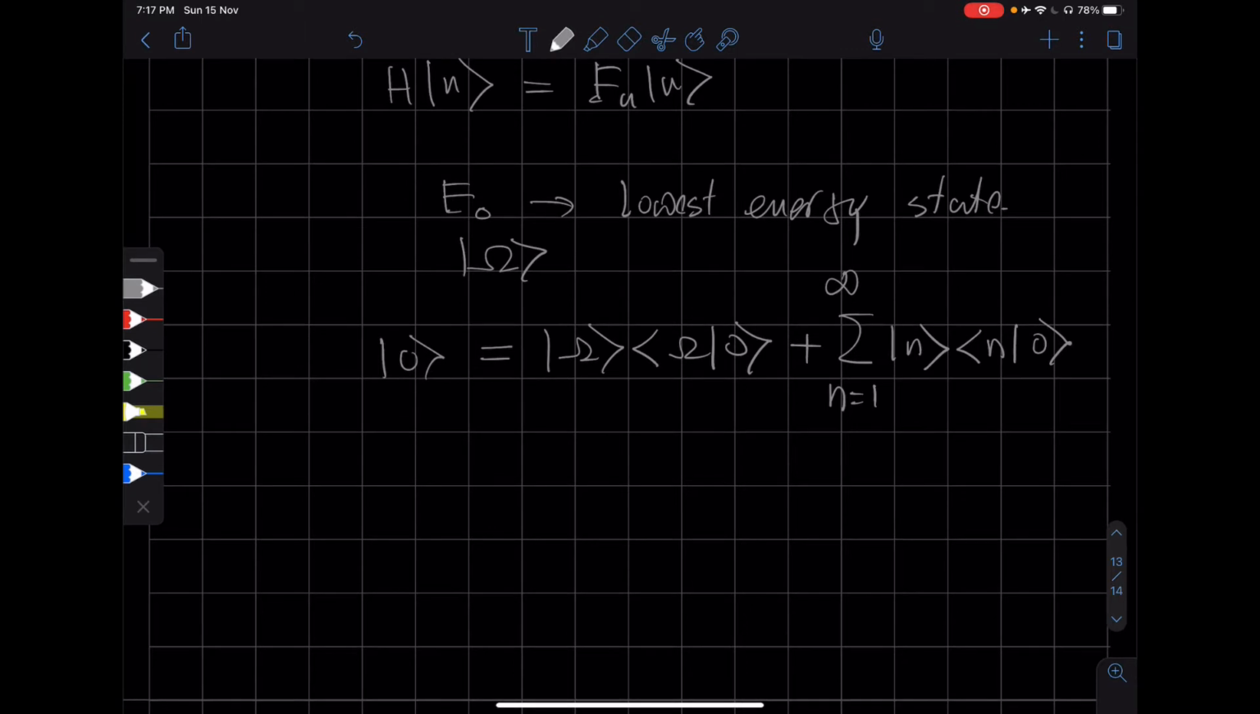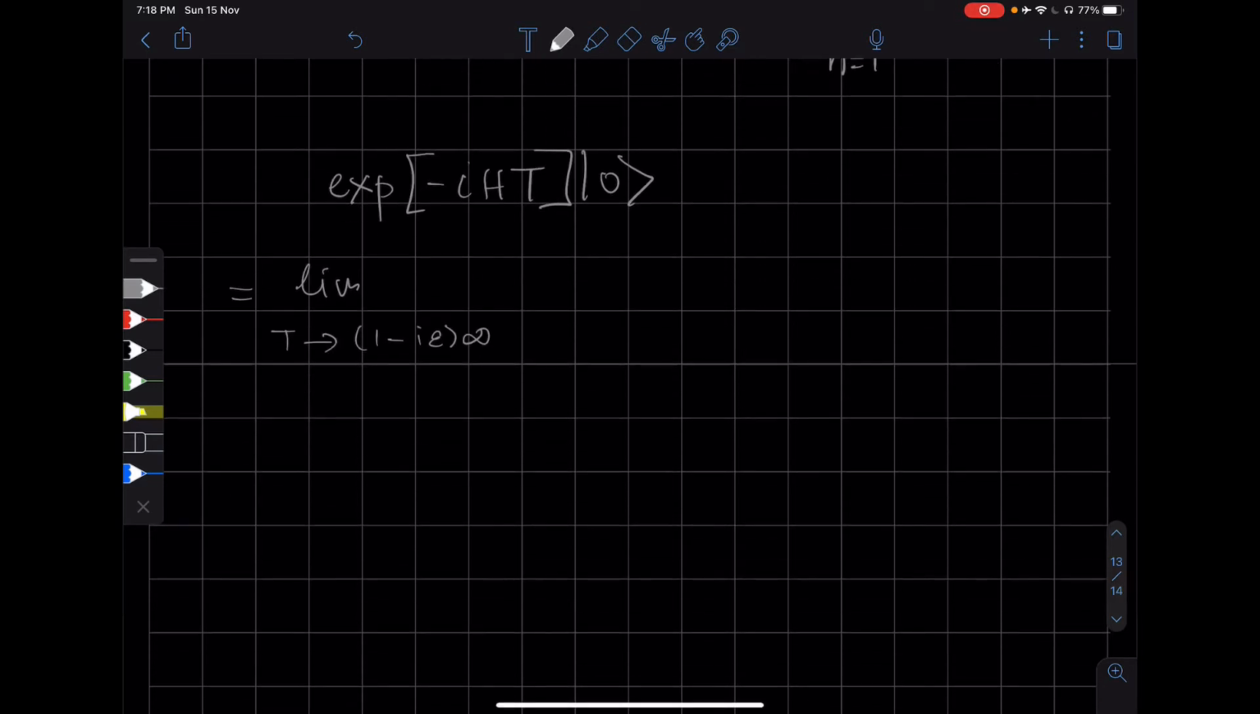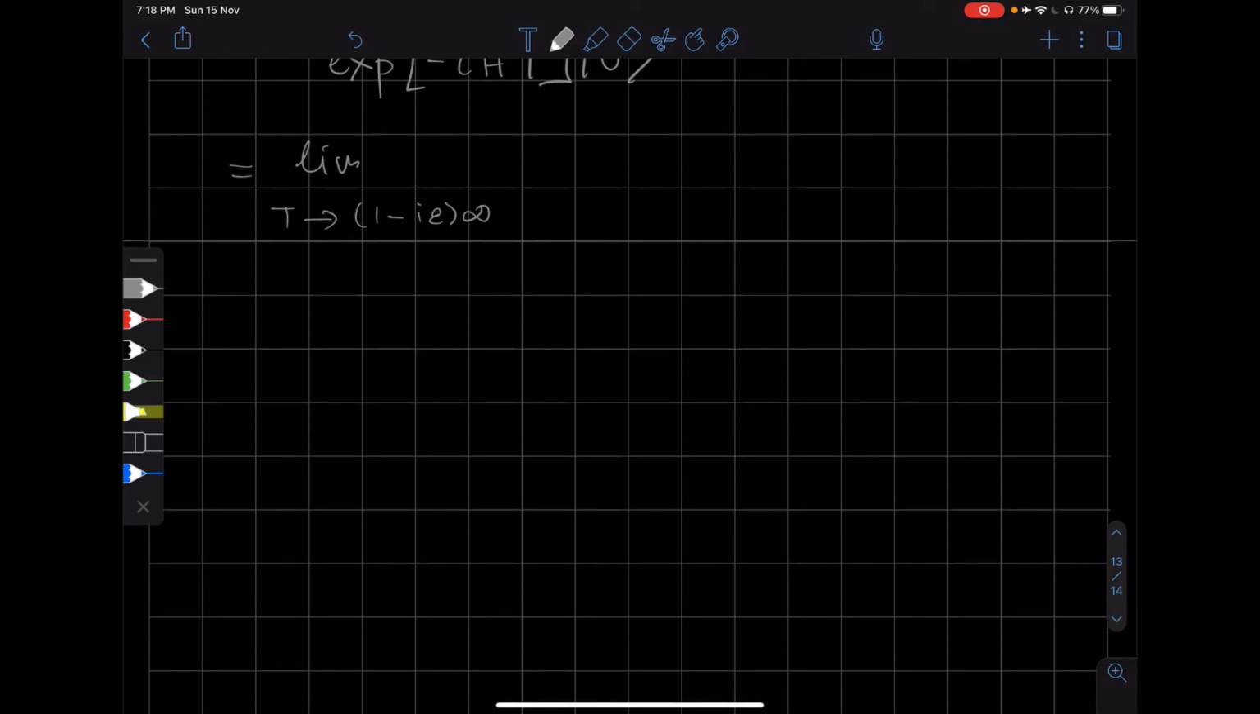So what we then do is apply the time evolution operator of the total theory for some time T, where T is a large time, onto the free vacuum. And then we take the limit where T goes to infinity times (1 - i epsilon). So what does this mean? This means that if I look at the time plane, so this is T,